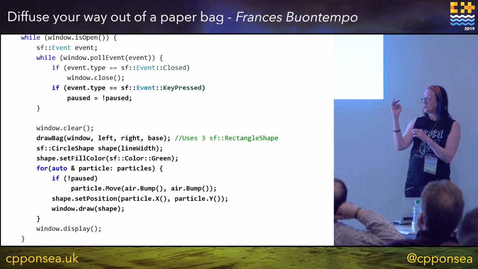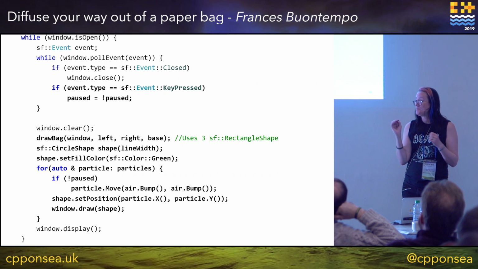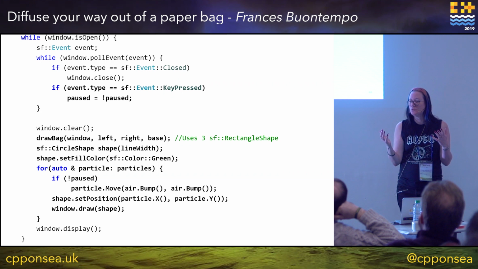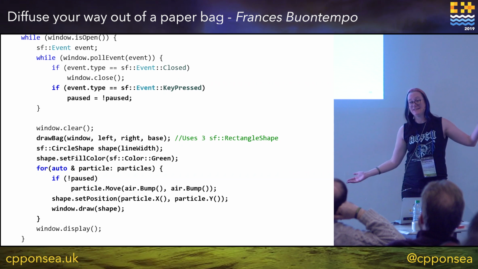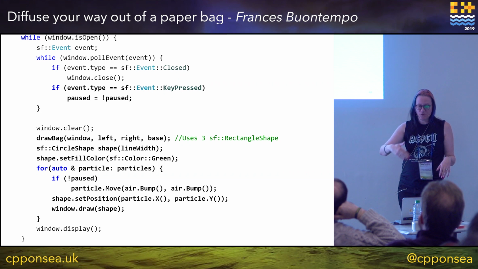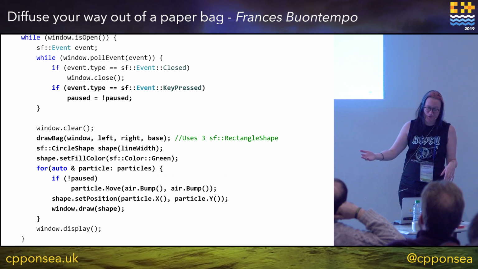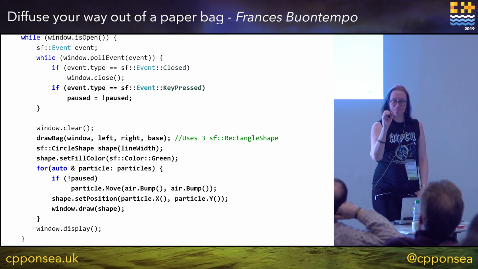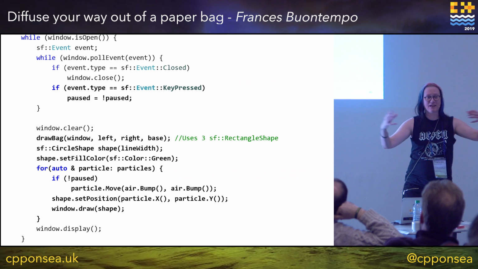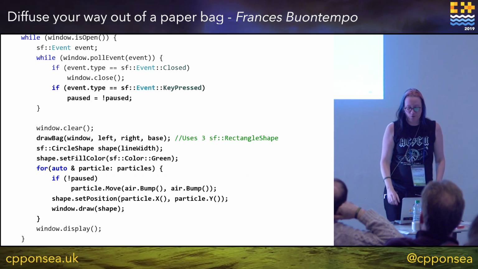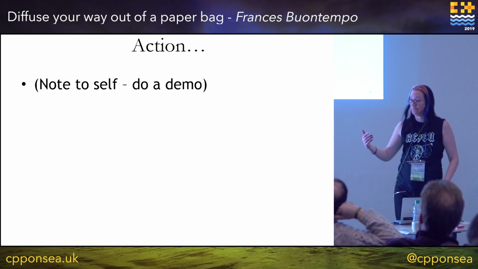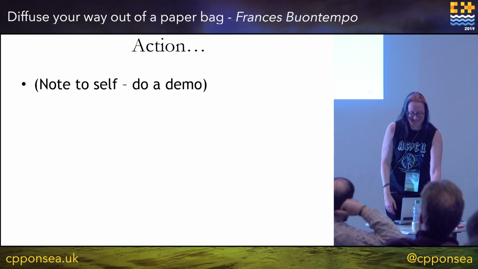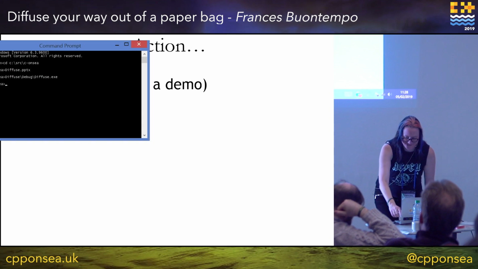I'm going to have a circle shape, which I decided to make green, because I'm going to diffuse green blobs out today. And I'm going to choose a number of particles, actually set it up so I can send this in from main, so I have loads or few. And I'm just going to bump each of the particles by however much the air decides to bump them by. Remember, that's just returning us our random number times the step. I could change the step and then it would go bigger or little steps and it'd do smaller moves. And now I can pull it all together and the demo will definitely display on the screen, unlike the lightning talks faffing around that happened.